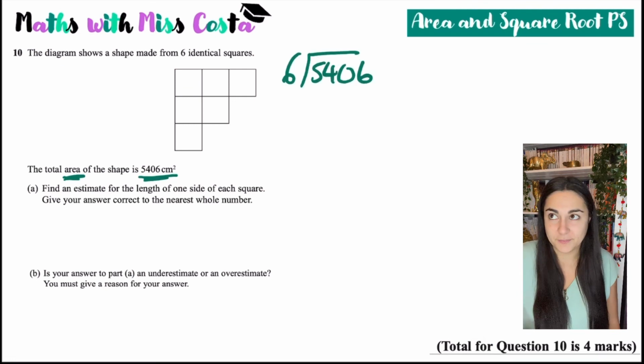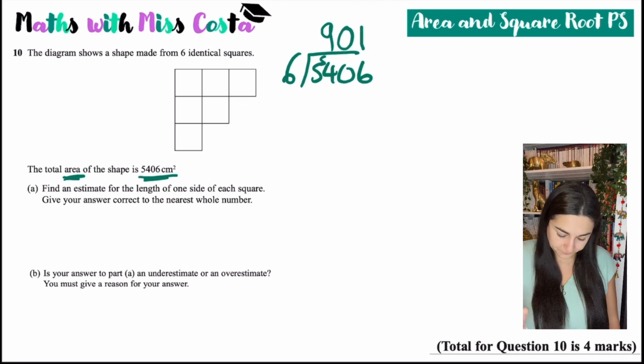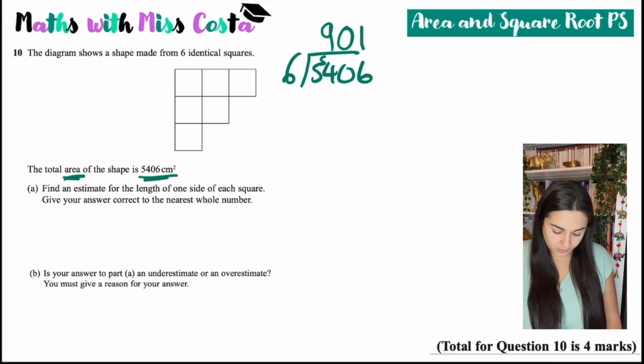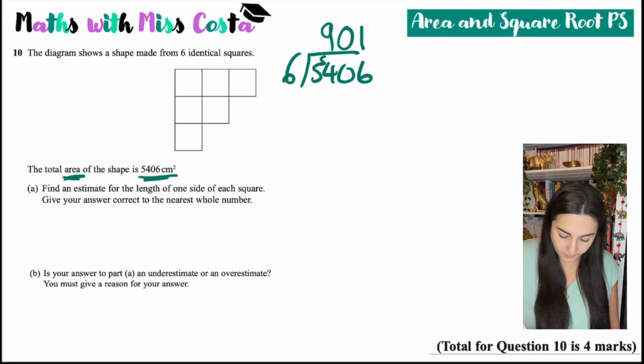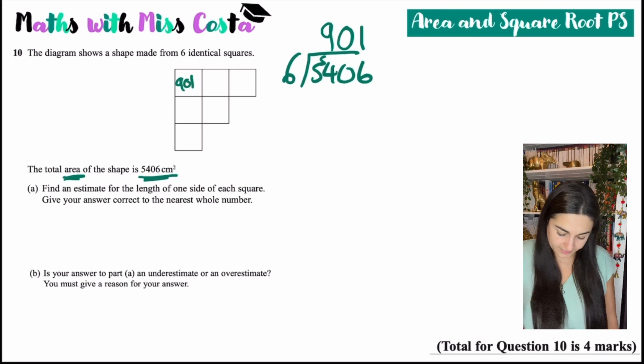So 6's into 5 are nothing, then into 54 are 9, 6's into 0 are 0, and 6's into 6 go once. So the area of each little square is 901 centimeters squared,